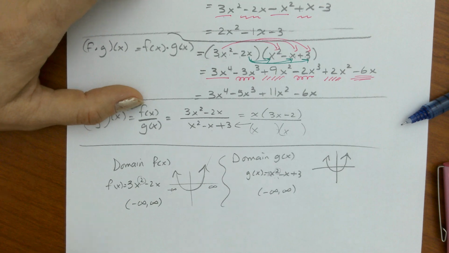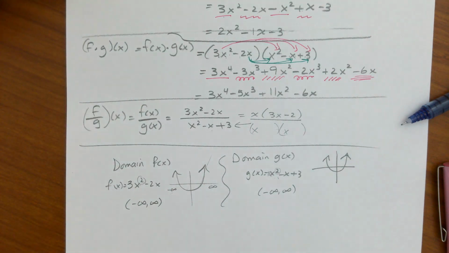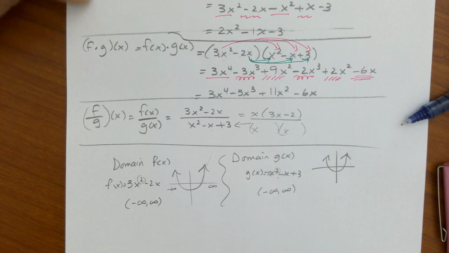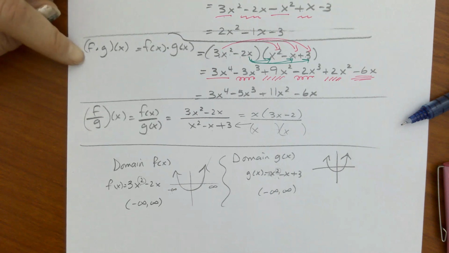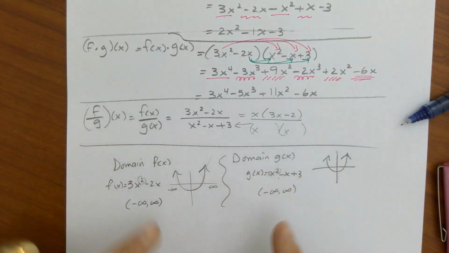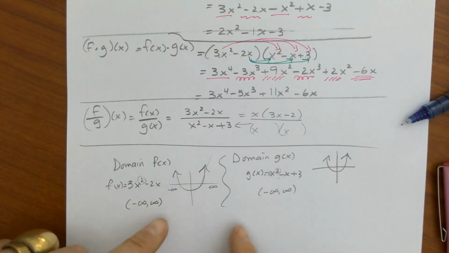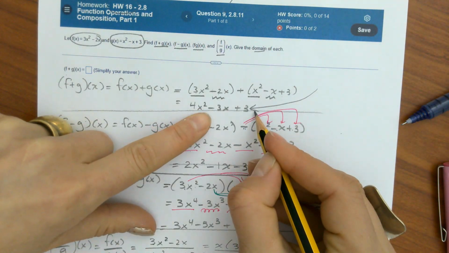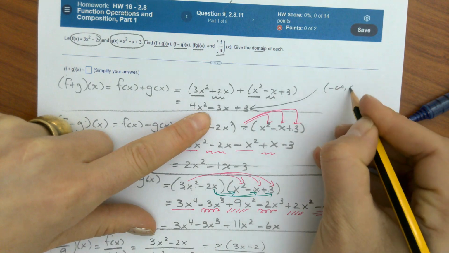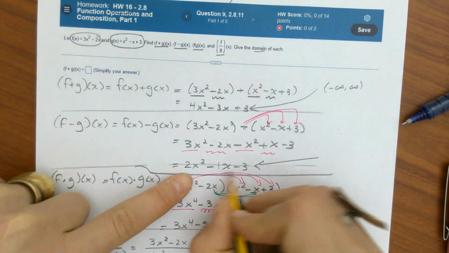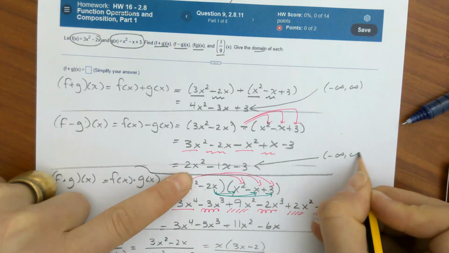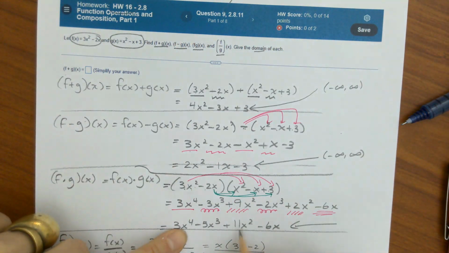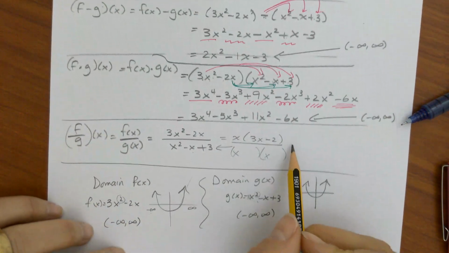Okay, so if I want to find my domain of f plus g, f minus g, and f times g, I just have to do the intersection of these two. Well, they're the same. So the domain for this new function here is just the same, negative infinity to infinity. The domain of this new function here is just negative infinity to infinity. The domain of this function here is negative infinity to infinity. Now the domain of this one,